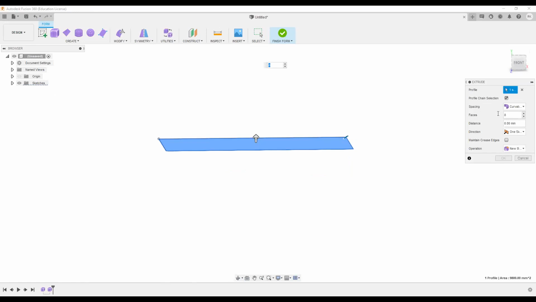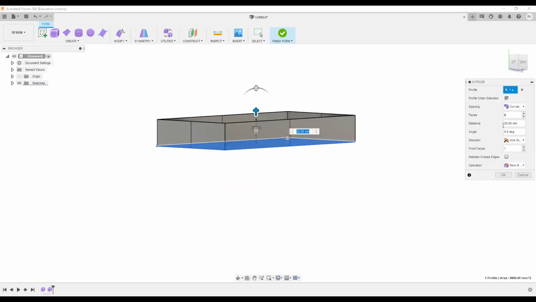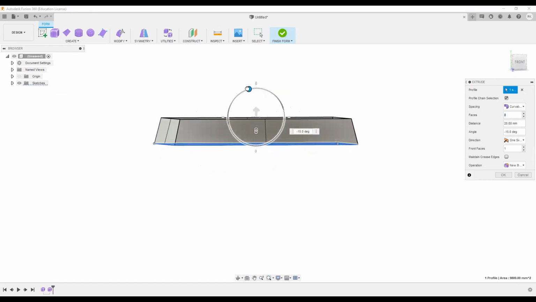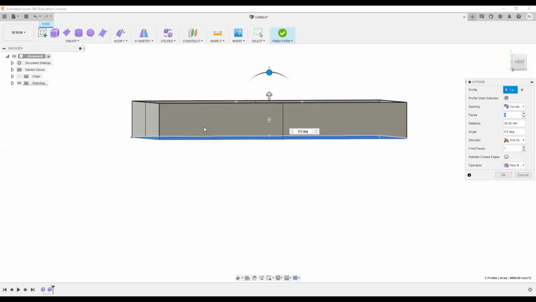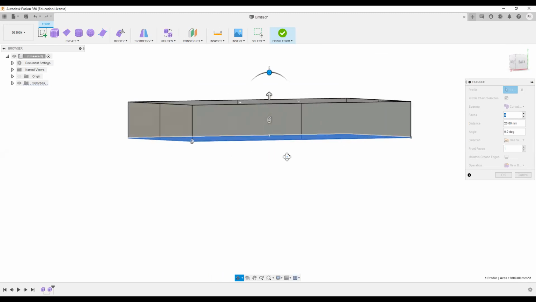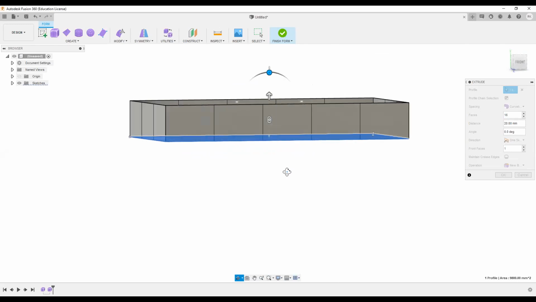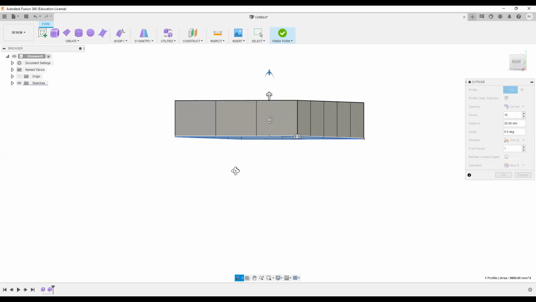Here we are getting one more option, which is called faces. For example, if I extrude it to whatever distance I want, and if I want an angle, I can use an angle also. But here I have an option to change the number of faces. Here is the number of faces one can see. I'll just rotate it. Right now we have 8 faces visible to us. If we want to increase it, we can increase it to 16. As you can see, there are 16 elements which have been divided. The body is divided into 16 faces now.